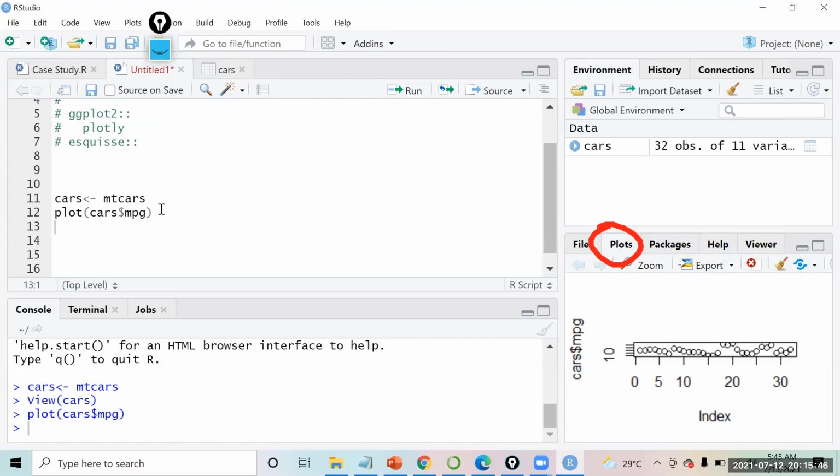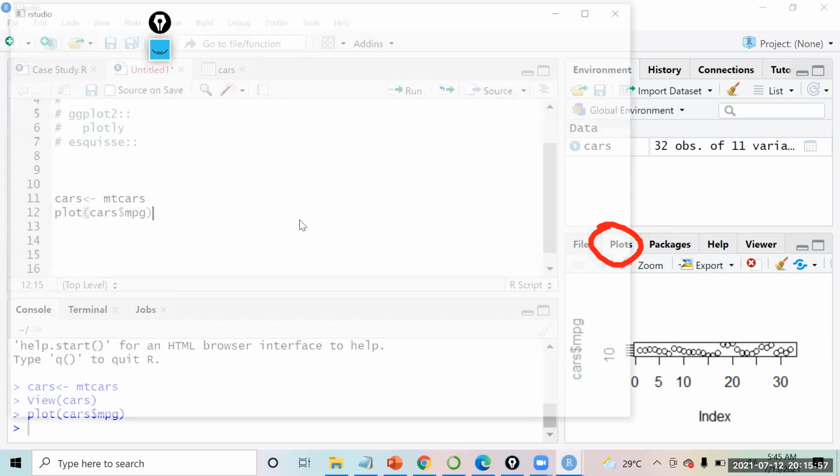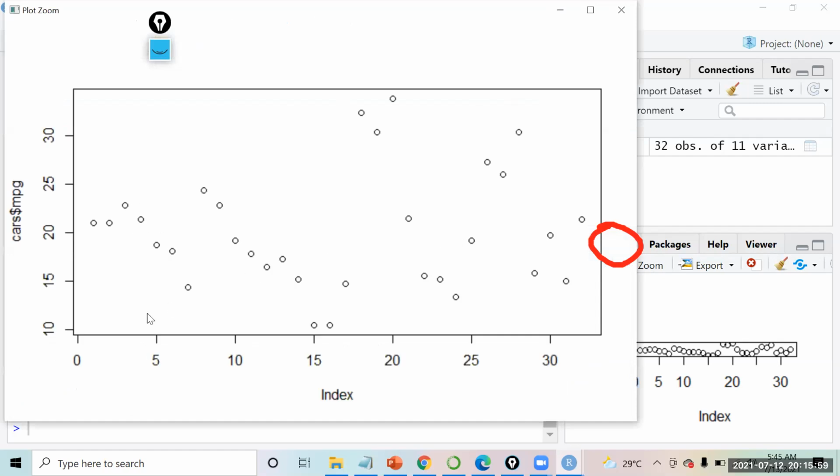Scatter plot we use to compare two numeric values, right? Here you are giving one particular attribute from this mtcars. So right now, what it is doing is it is just taking one only, so it has plotted that. It is just using index as a numbering of that. You can use this chart to check how the distribution of the data is across one variable.